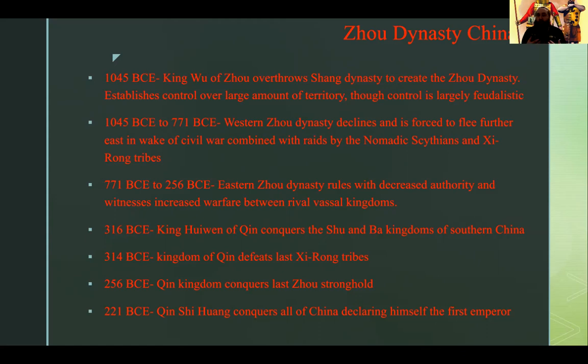After this, Hu Huin went on to defeat and conquer the last of the Zhirong nomadic tribes. Ironically, and most definitely not intentionally, at the time that this king of Qin was expanding west and south to increase his realm, Alexander the Great was entering into India, where he faced his maybe victory against the Indian king